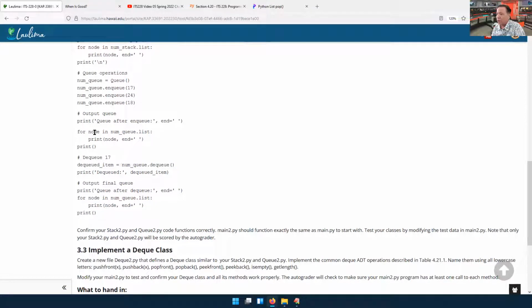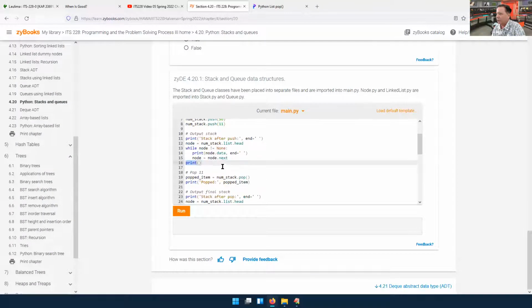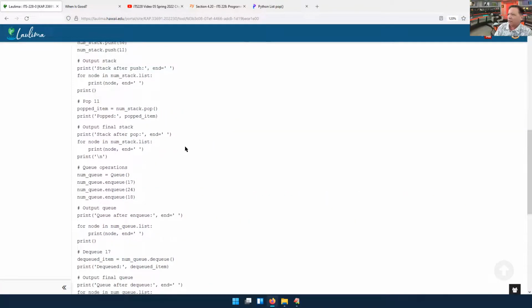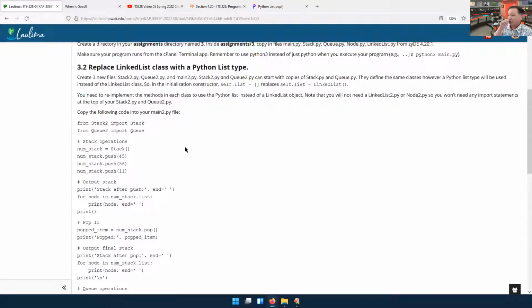So the only real difference is the way we traverse through this list, and in this case we would call it a linked list. The way we traverse through this linked list. All right, so that's the second assignment, part 2, and it looks like the hardest, but it's really the easiest,